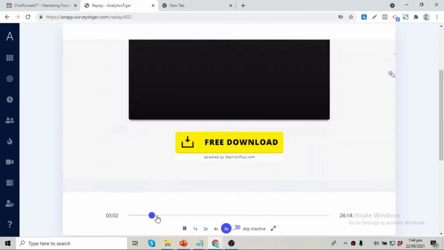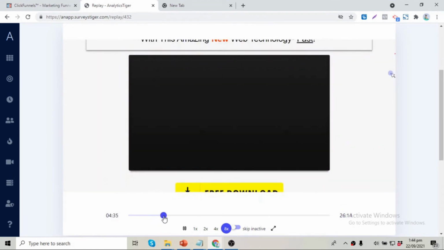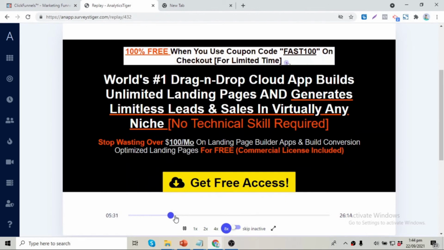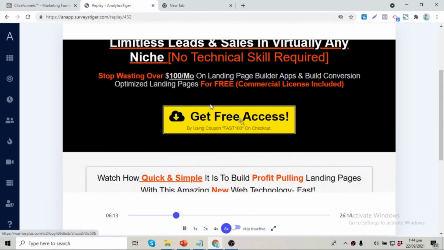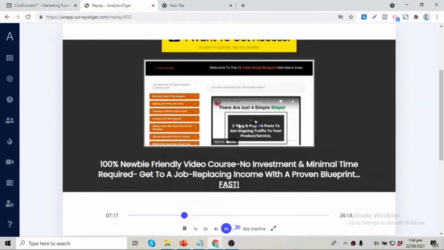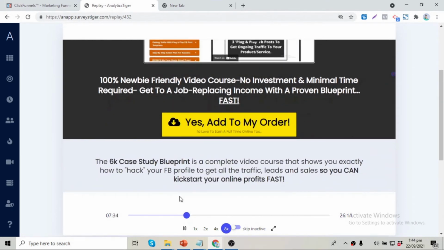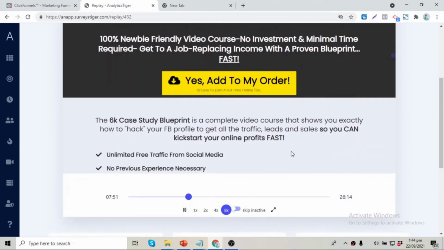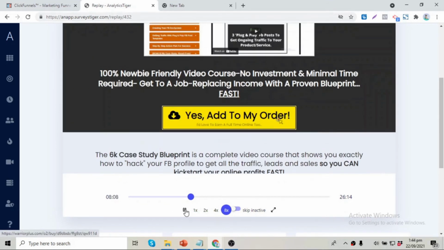You can see that now they're clicking on the button and they are being redirected to the Warrior Plus checkout, and after the checkout they are redirected to the upsell page. So it's getting tracked automatically. So we can see every single detail of what the visitor did on the website.